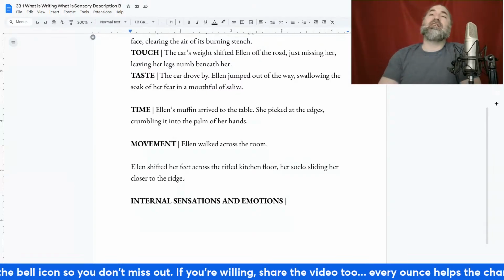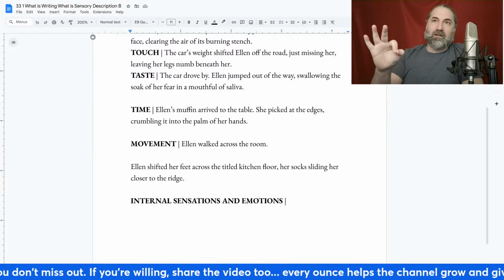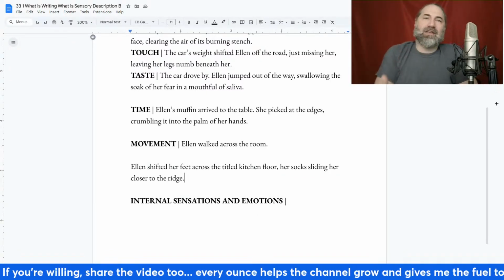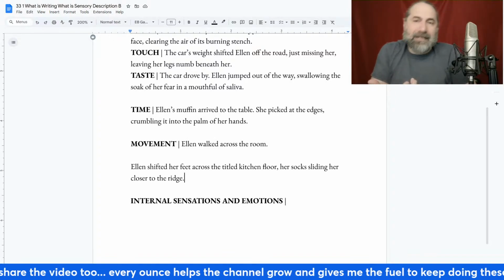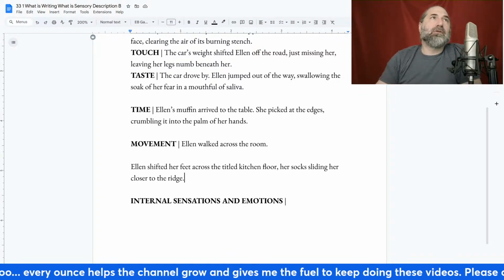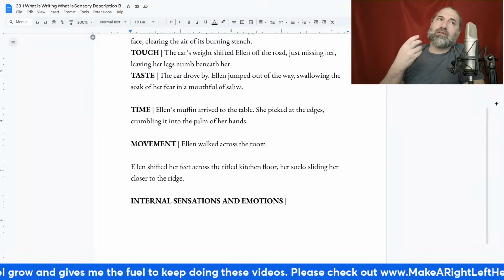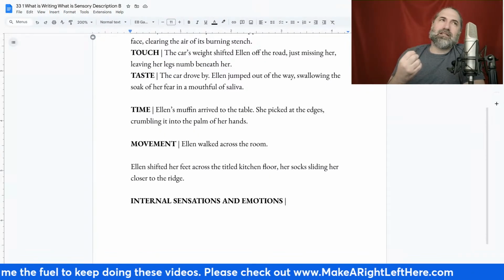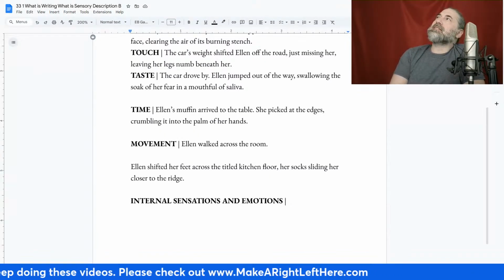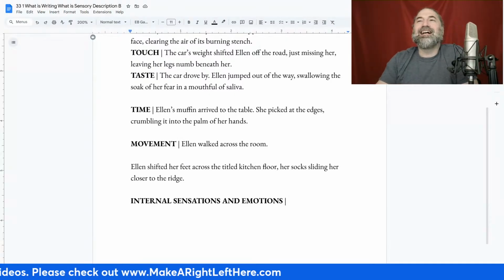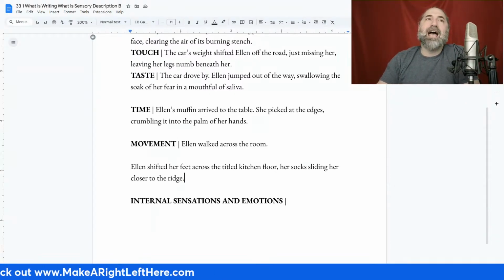So the big difference, movement sensory, is showing that kineticness, that element of movement. So what is it? Kinesic? I can't say the word. But movement has a flow to it. It shows the actual